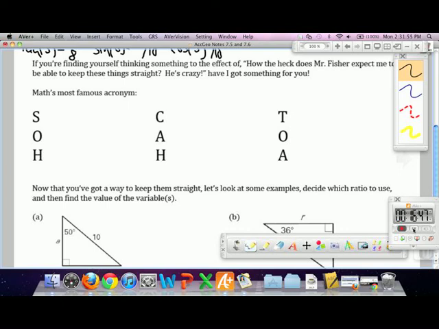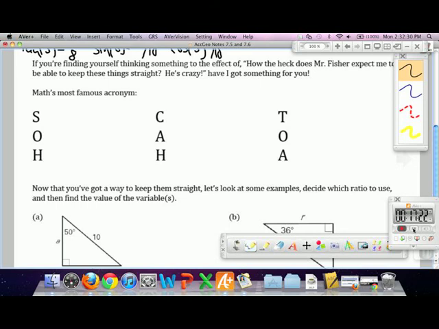One of math's most famous acronyms, maybe even more famous than PEMDAS, is the acronym SOHCAHTOA. Generally, it's written straight across. I wrote them going down to give you space to write in what all these various things mean. It's a way to memorize or to help keep straight what all the different ratios are. So, meaning sine